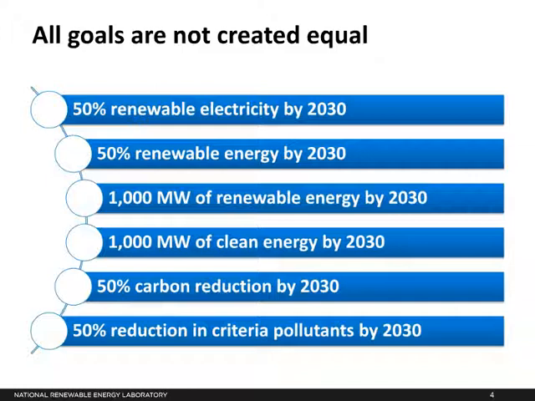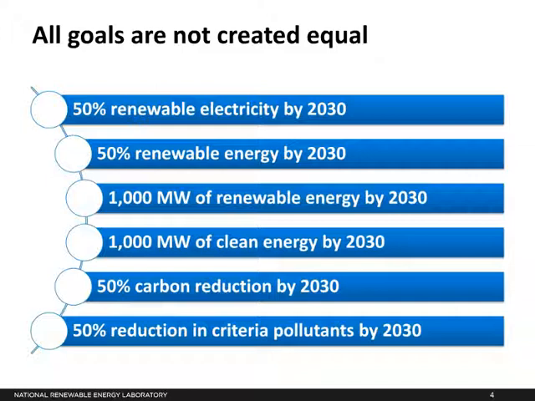Furthermore, the top two goals, while they are both percentage goals, differ in the sense that one has specified electricity, whereas the other one says energy. And energy could be interpreted more broadly to include transportation or non-electrical heating fuels. And finally, the goals at the bottom of this list are more broad, since they aim to limit emissions that are associated with electricity generation, but are also generated by other sectors and other processes.